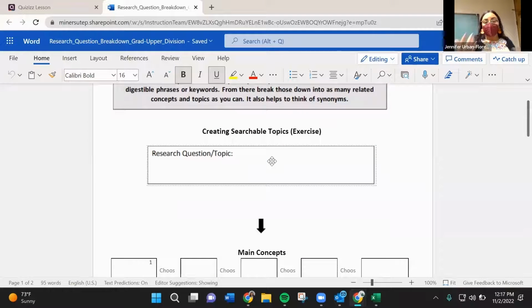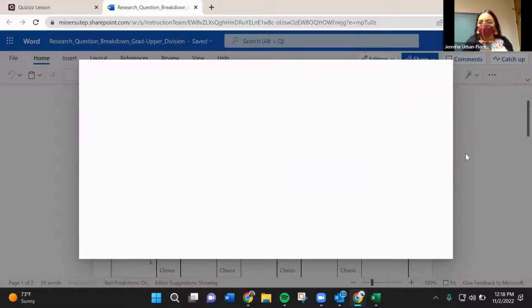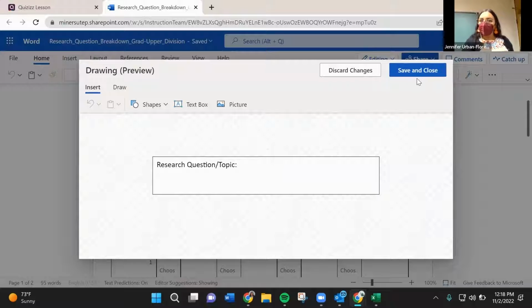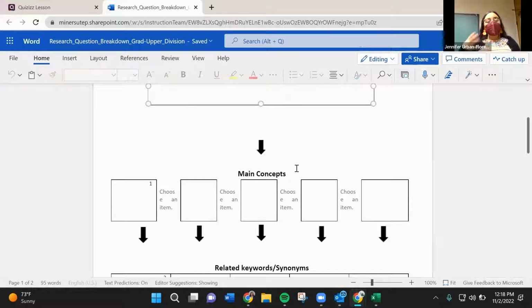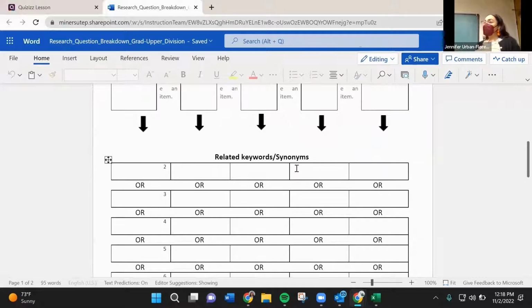Okay, so this is it, just briefly. The way that you would navigate this is you can go ahead and click on this box right here, and it should enable you to edit and insert your research question. And then we're going to take our main concepts, chunk them up based on the questions that you have and the question that you presented to us. And then we're just going to find keywords and related synonyms. So again, if you were here with us last week, this is very similar to the activity that we did, except this time we're going to be working more off of this document in particular.